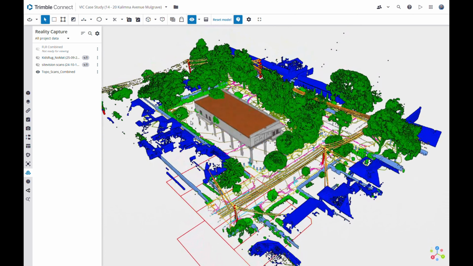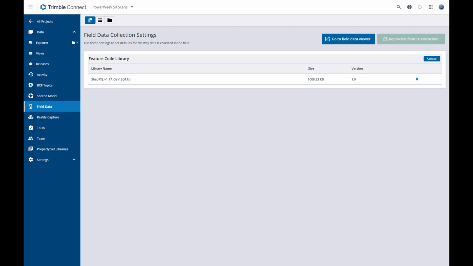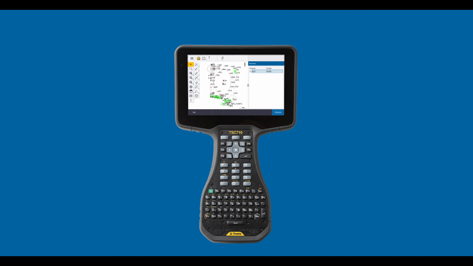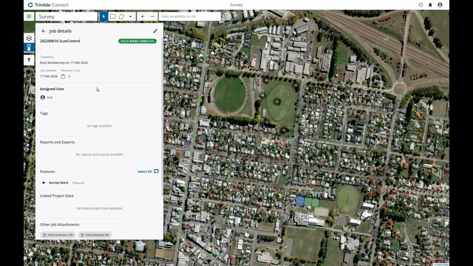However, as mentioned, there are also several specialized extensions that it's worth taking a quick look at too, to understand what they do. Starting off, let's look at the field data module in the Explorer. This is specifically designed for teams using Trimble hardware in the field. In here, you can upload and view what feature code library is being used against the project. You can also open the field data viewer,